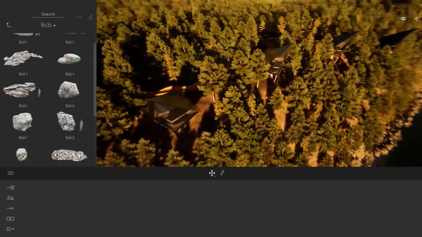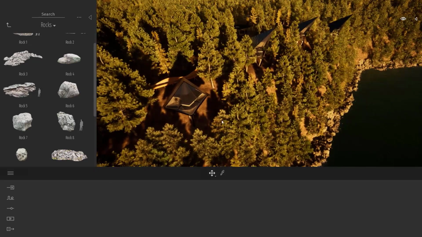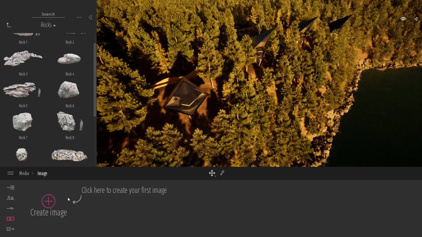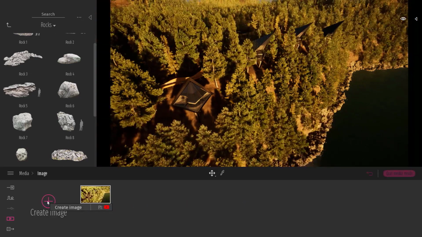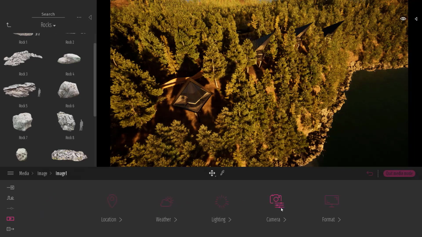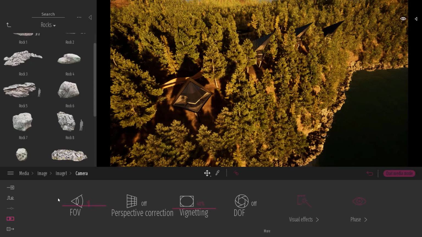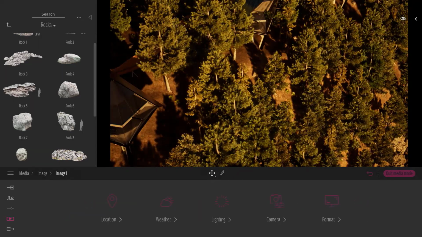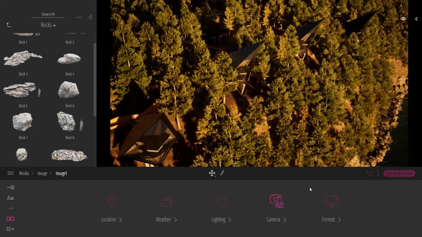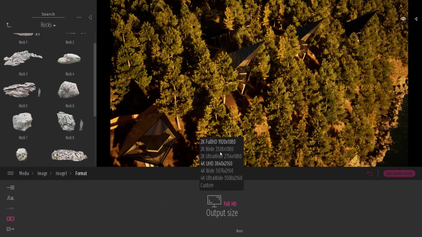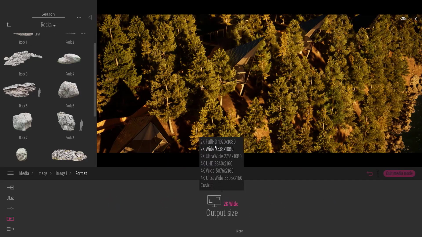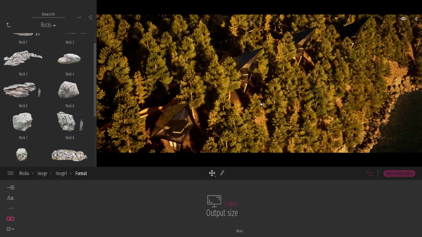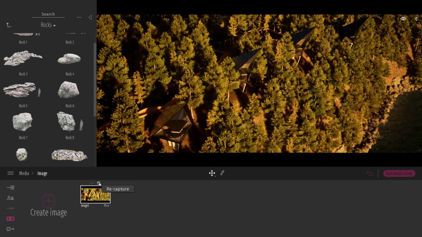Maybe it's time to create an image. To create an image in Twinmotion, it's fairly simple. I will come to the Media Dock, Image. I will click on the big plus button. This will create a new image. I like to work with a more cinematic camera, so I will come to the camera settings. I will switch to a 50mm focal length. I can just update my point of view. I like to work also with a wider screen, so I'm just switching to something a bit wider like that. I will just update my point of view, something like that. I'm good with this image.